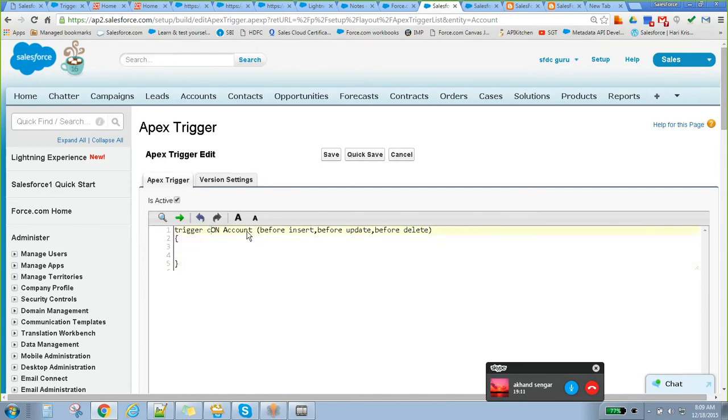Let's say after insert, or it may be after update.